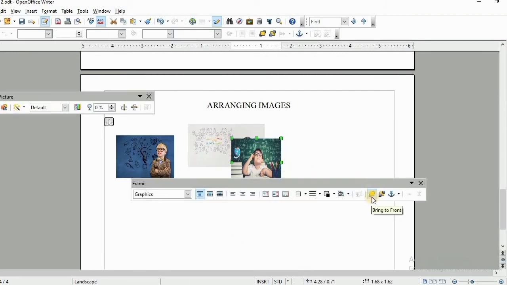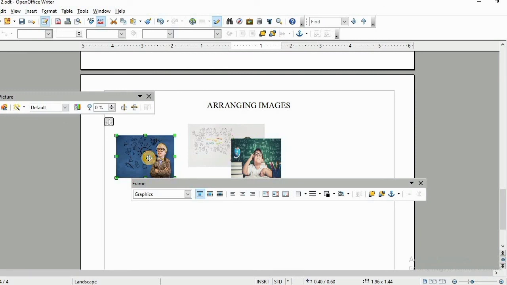You can see there are 2 options, bring to front and send to back. When I will click on send to back option, my picture goes back. And when I want to take it in front of this picture, then I will click here. You can see picture appear in front.